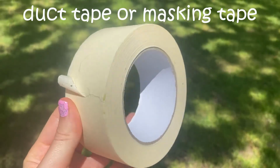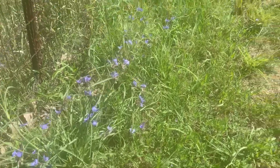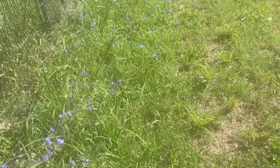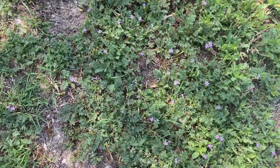Get duct tape or masking tape, wrap it around like a bracelet, or in my case, I tried to wrap my whole wrist and hand, go on a walk, and look for and pick twigs,